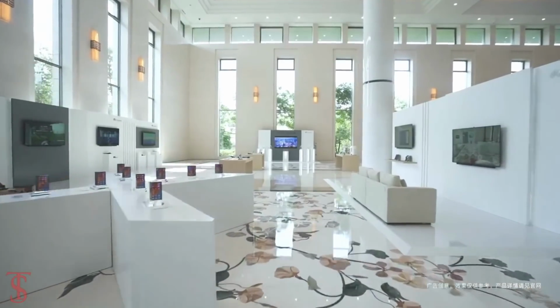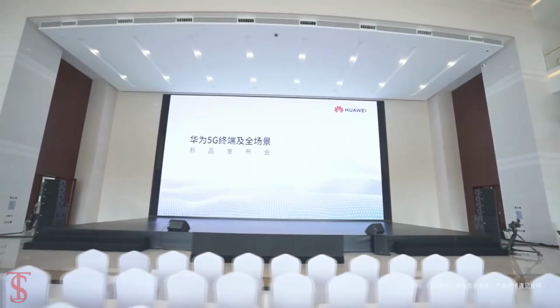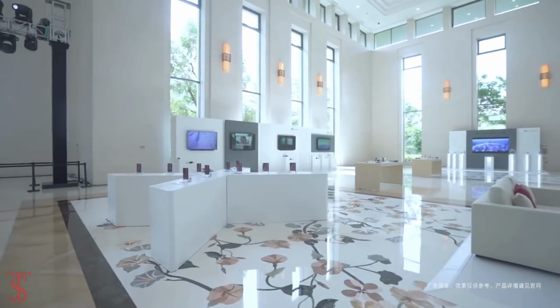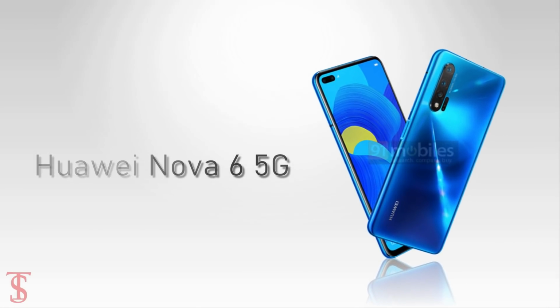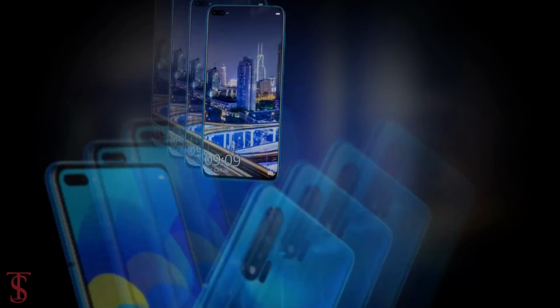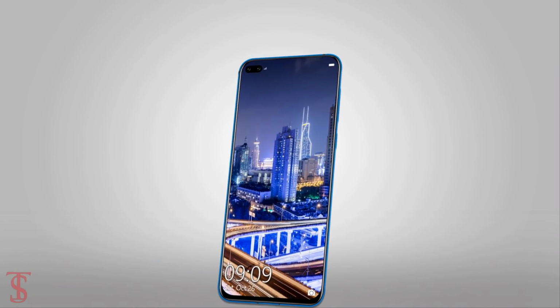Huawei is reported to launch their first ever mid-range 5G smartphone, which is set to be called Nova 6 5G. Before the launch, the Nova 6 renders were leaked online by 91 Mobiles that show the blue color variant of the upcoming smartphone. According to the leaked renders, the Nova 6 will feature a pill-shaped punch hole on the top